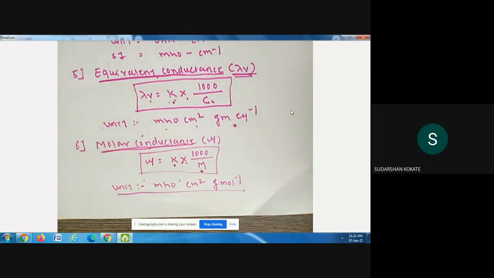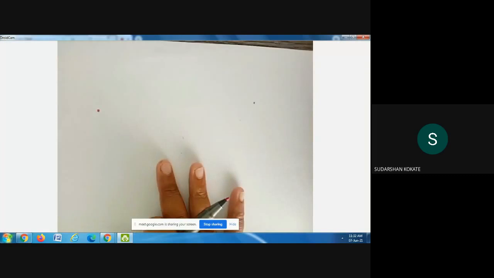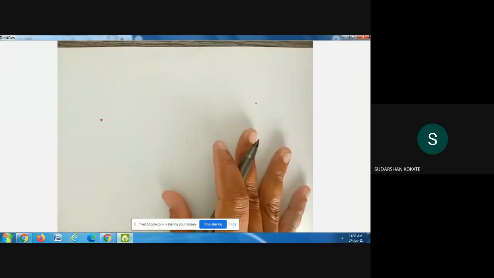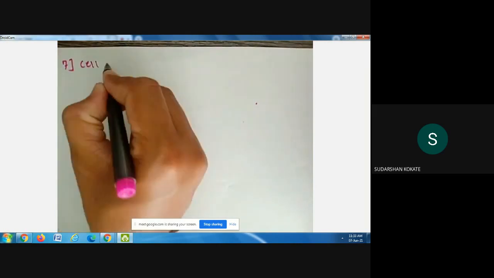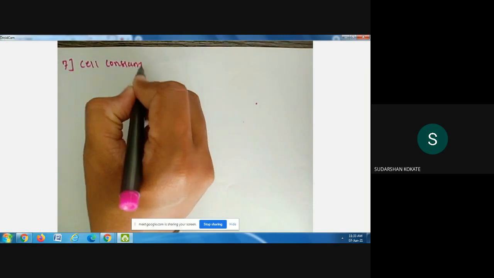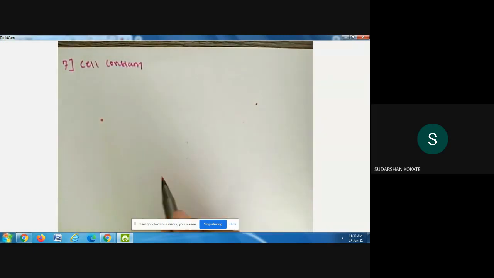Okay. Now the next important point is your cell constant. What is meant by the cell constant, and what is the unit of your cell constant? I'll explain. Mostly this term is asked in the exam for match the pair also. We will see that question also. The seventh term is your cell constant. What exactly is meant by the cell constant? Actually the cell constant is the ratio of the distance between your two large electrodes and the area of the electrode in the conductivity cell.